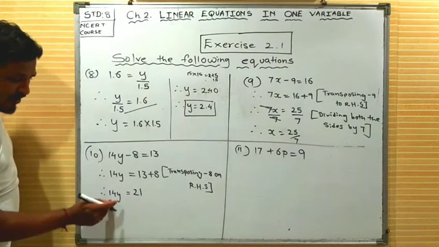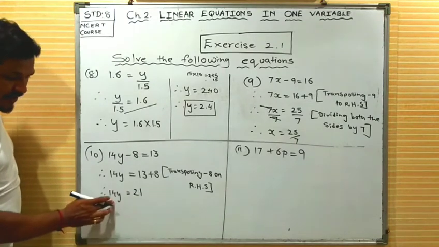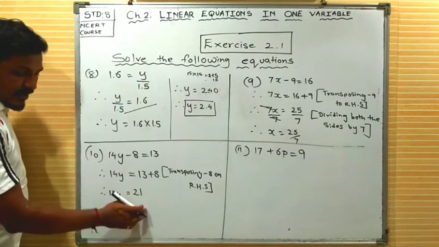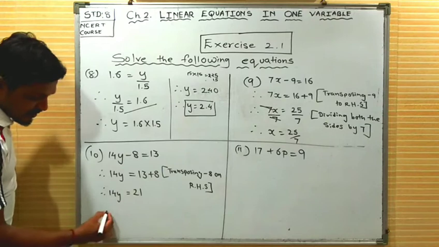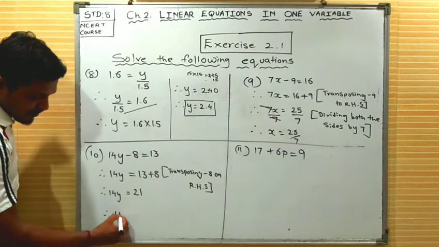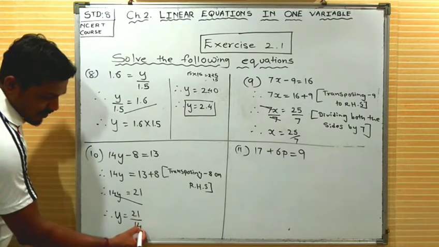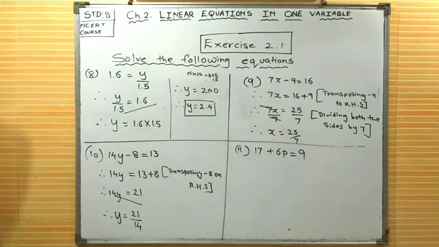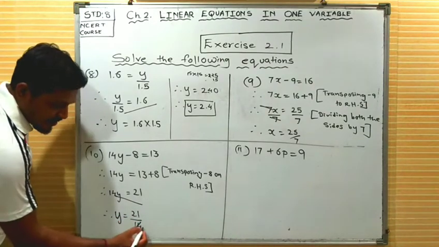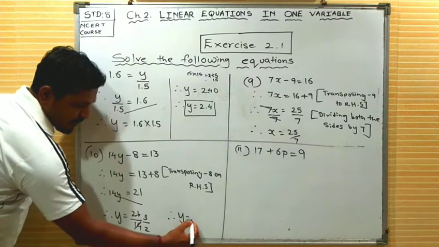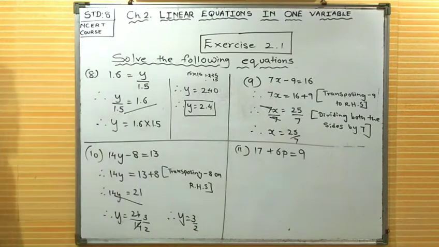Now either you divide both the sides by 14 so that it is going to cancel, or you can take this 14 in division form on the right hand side. So it will go down. Now if cancellation is possible, you can cancel the value. Yes, it is possible. 7 2s are 14, 7 3s are 21. That means the value of y is 3 by 2.